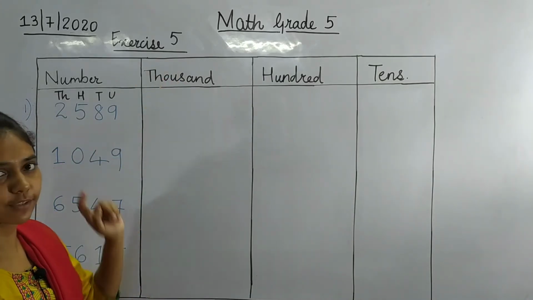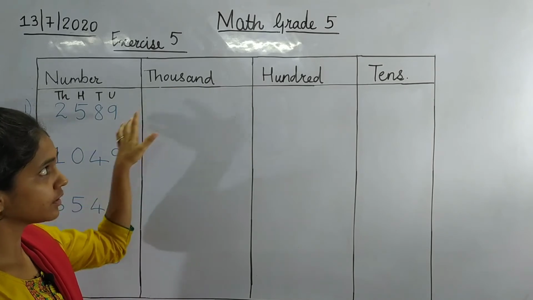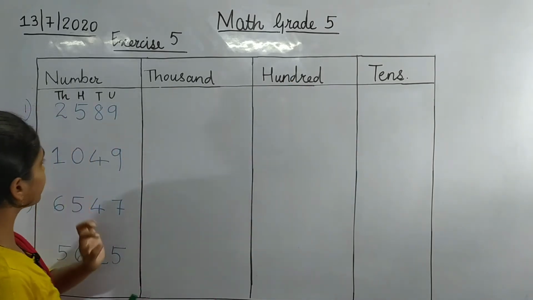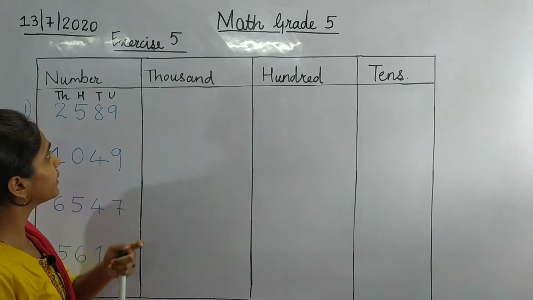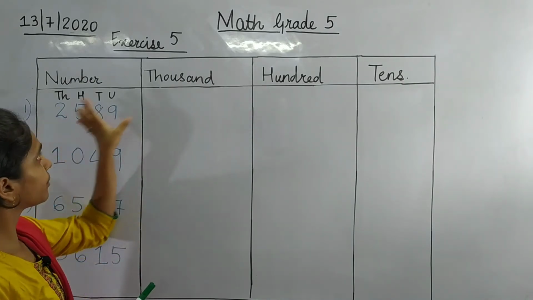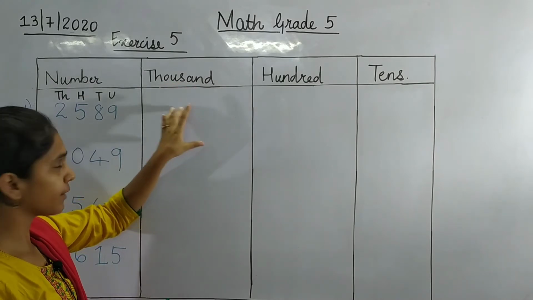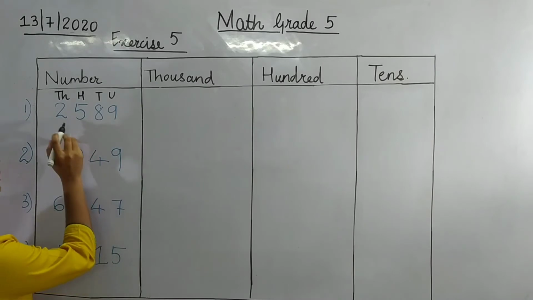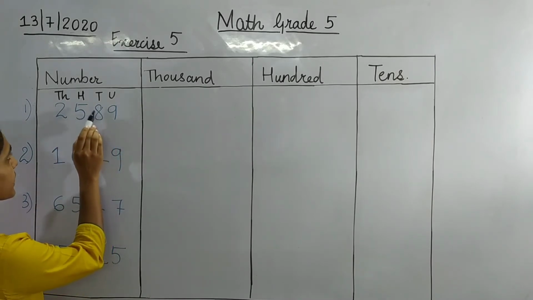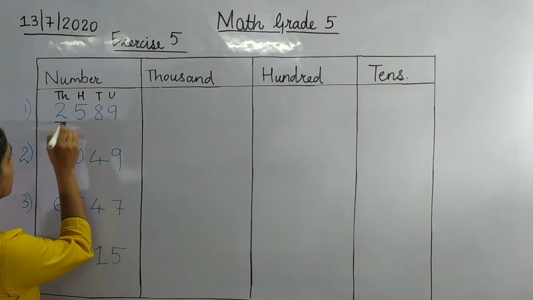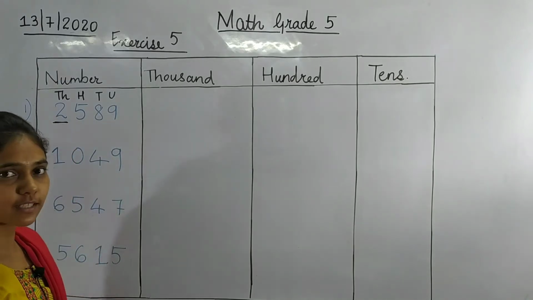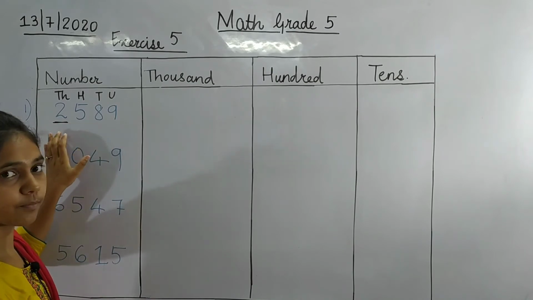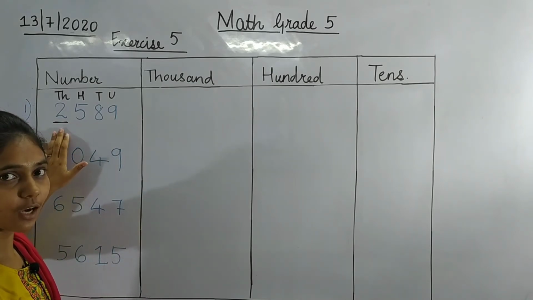We have to round off the given numbers to the nearest 1000, nearest 100 and nearest tens place. Okay, so let's take the first example. In the first example, to round off a given number to the thousands place, what do we have to do? We have to first check the number which is in the thousands place. So here the number in the thousands place is which? This is units, this is tens, this is hundreds and this is thousands. So the number lying in the thousands place is 2. Okay, so we have to round off this number up to the number 2 in the thousands place.